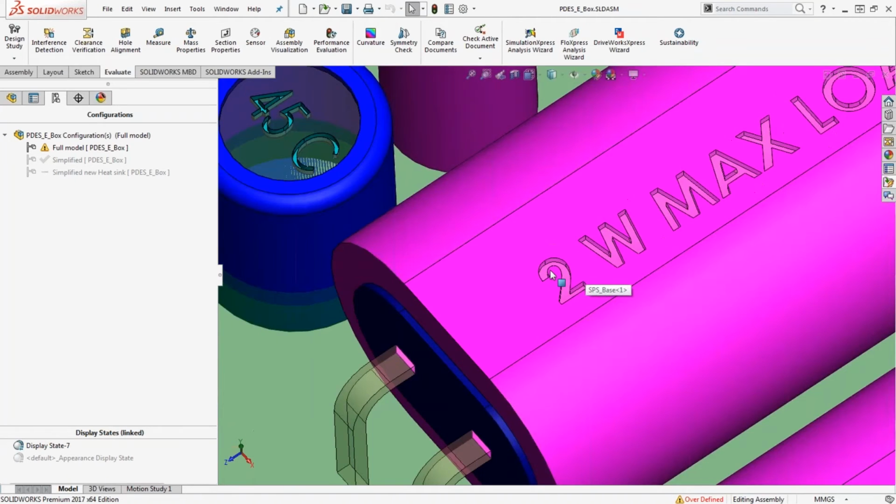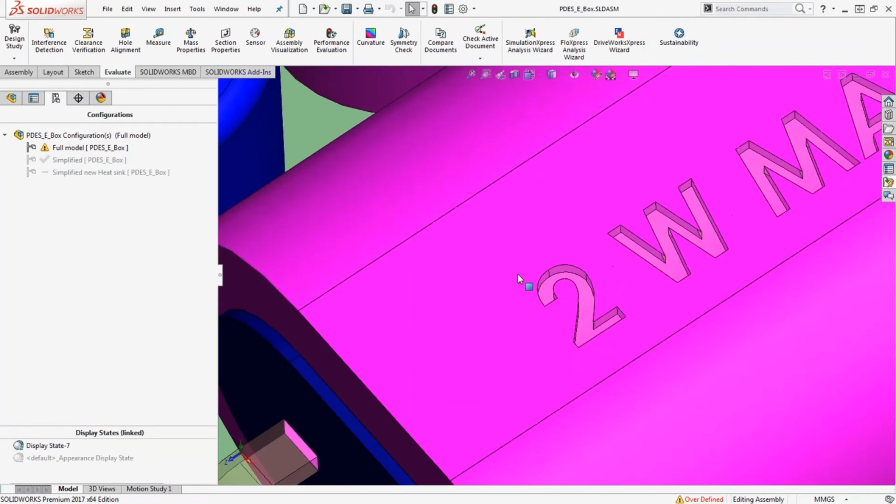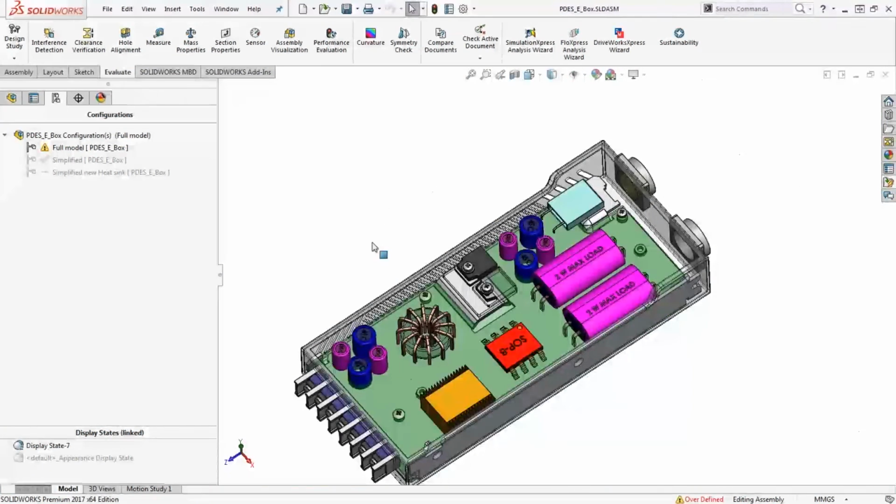And to be quite honest with you, a lot of that information or detail is just not required, right? And you may end up running into some issues when you go into the mesh, because the mesh is going to try to break down the model based on what you give it, right? So it's going to try to refine the mesh and those small details there, and you may end up just getting